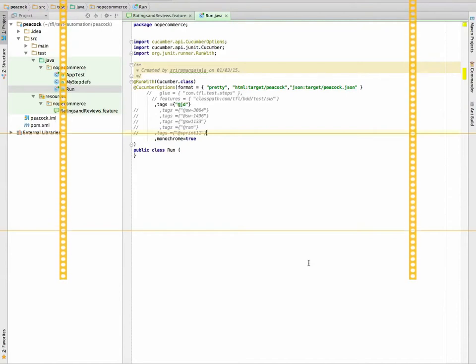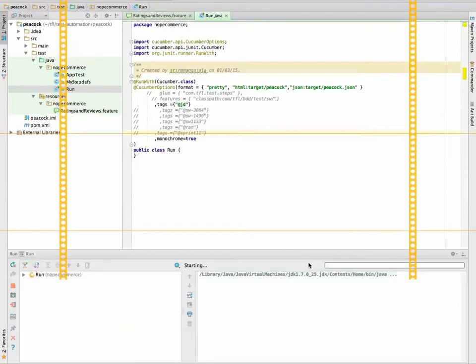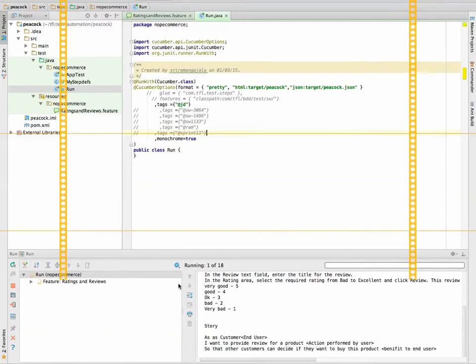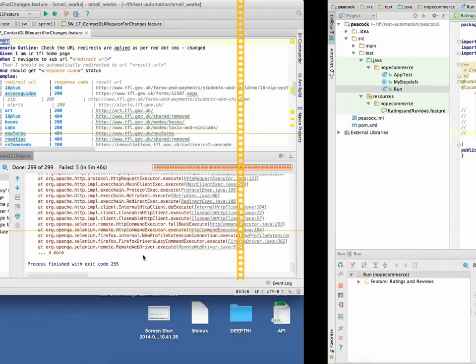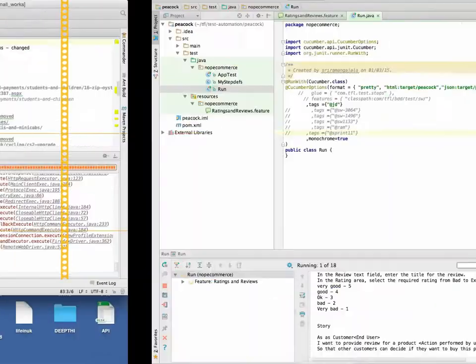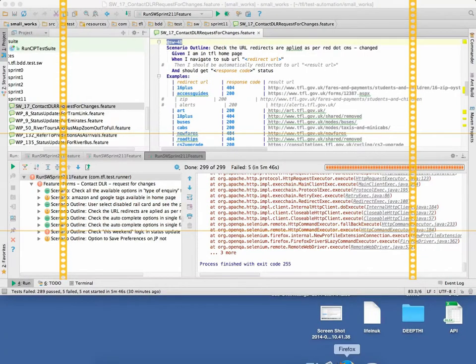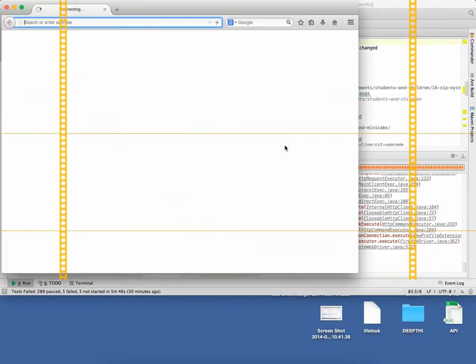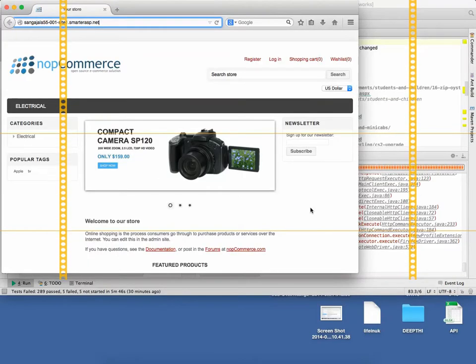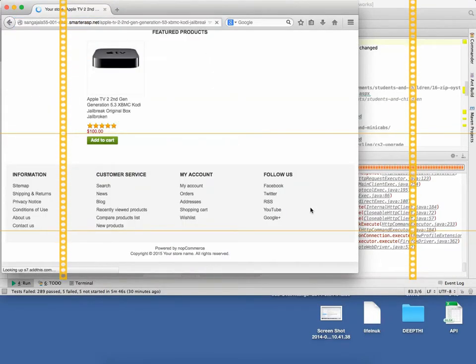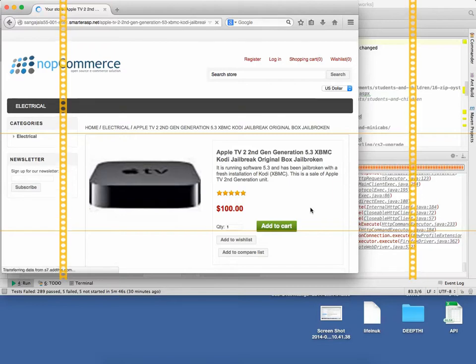Okay, it went into Apple box, but did not see that link. So it will fail. Did not do the driver.quit, right?